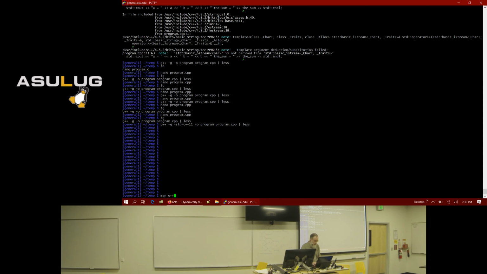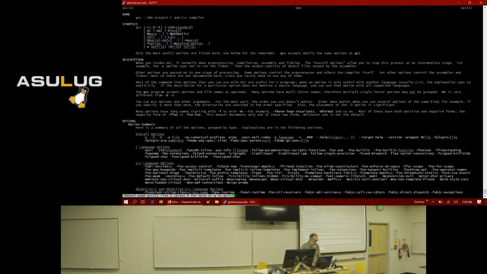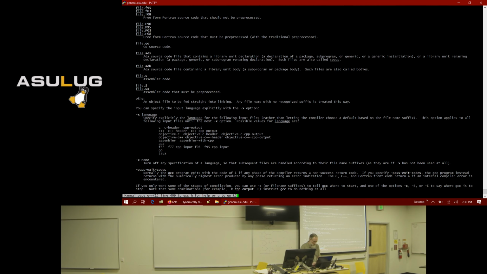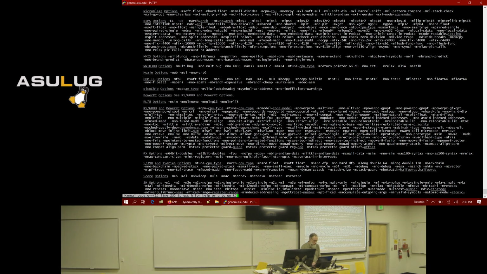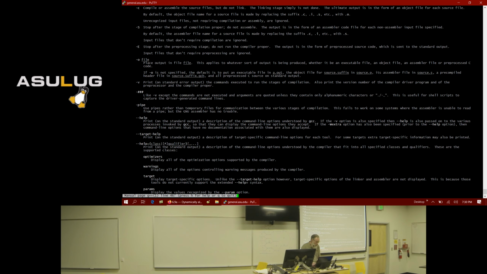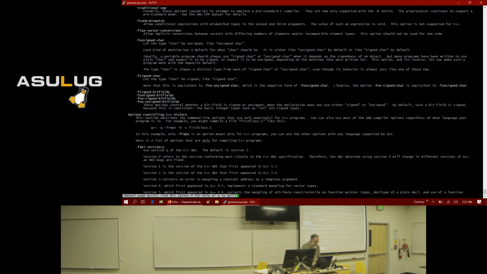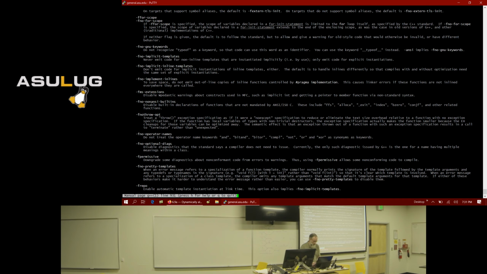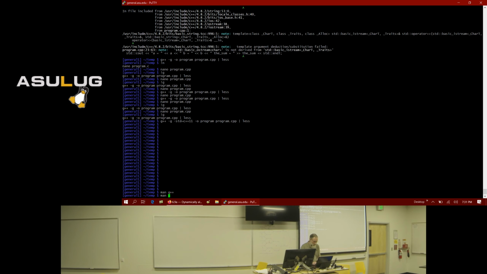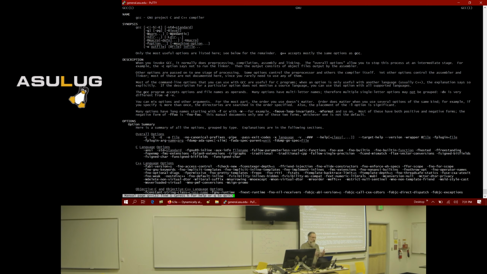Yeah, I think so. The man page for G++ is a little bit hard to read. But if we find the standard option, now when you're viewing a man page like this, or you're viewing a file in less, you can search for a string.